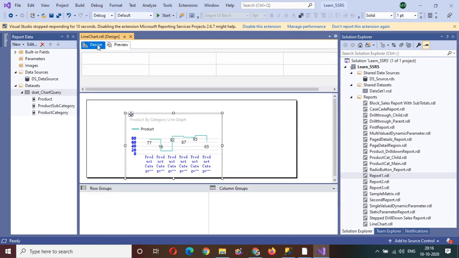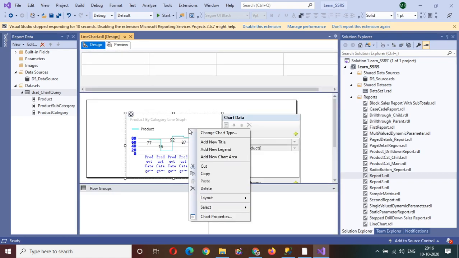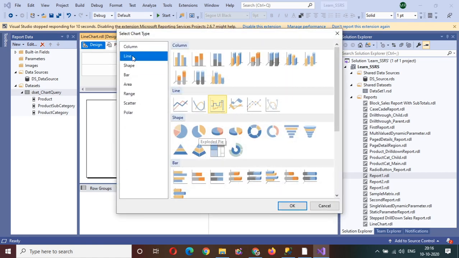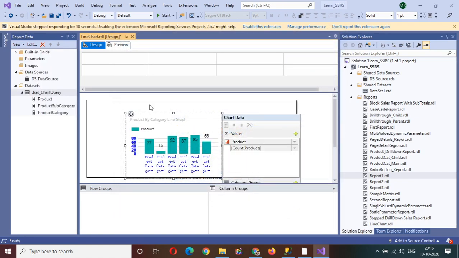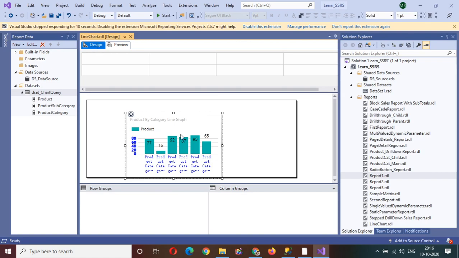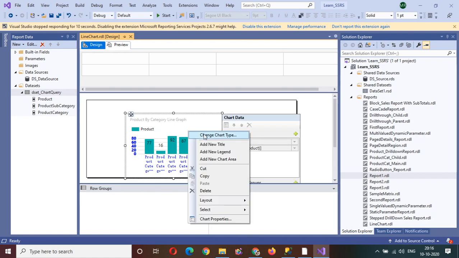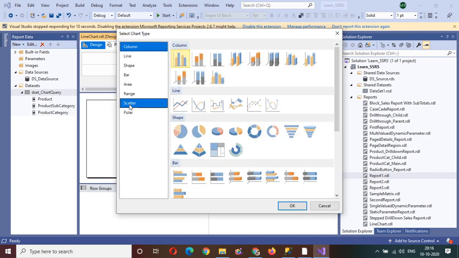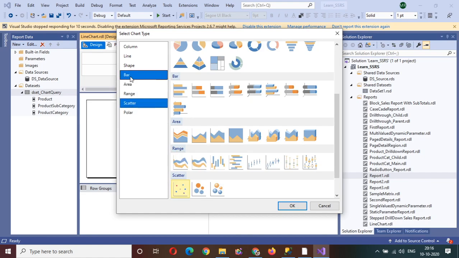If you want to change from a line chart to a bar chart, that you can also do. If you select the column chart, I'm just giving you a random example, see 8, 32, 22. So this is the column chart.